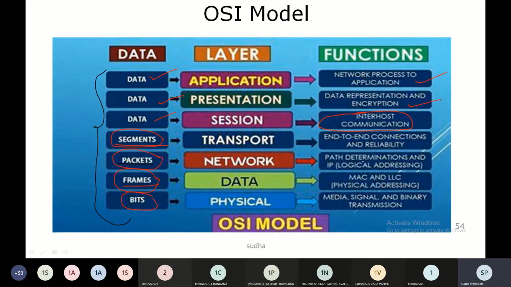Network layer's responsibilities are path determination and IP logical addressing. Data link layer has MAC and LLC, which stands for logical link control, so these two things happen in the data link layer. Finally, in the physical layer, the medium in which you want to transfer the signal and the binary transmission are discussed.